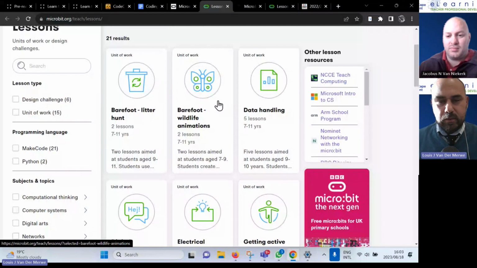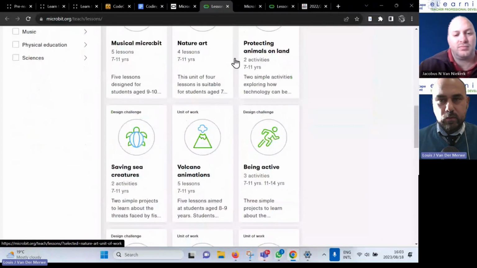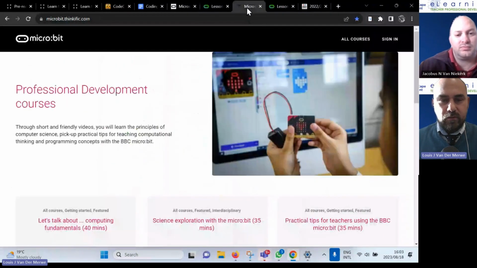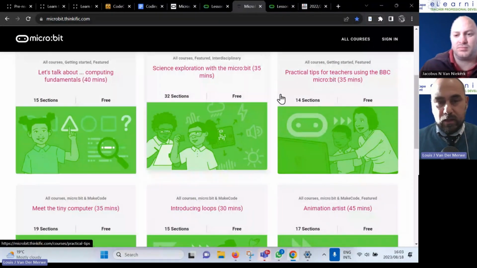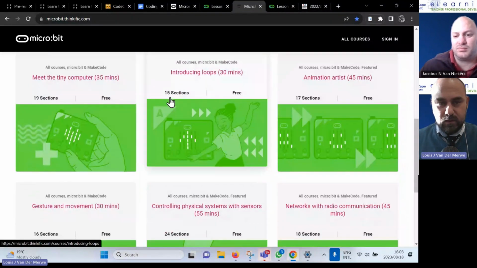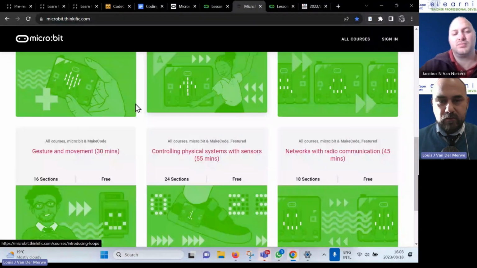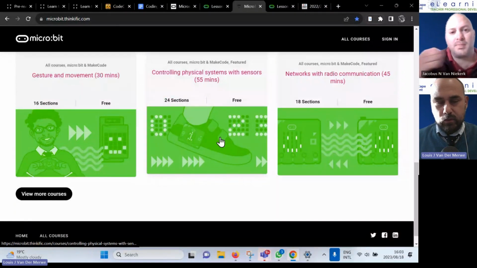You can decide which lesson plan and how many lessons are age appropriate as well. Or if you think that you need to upskill yourself before doing a microbit club, then they've got these handy little micro lessons that you do. And I've had a school that sent 3 teachers over a couple of afternoons to do all of these together in Computerland, and they told no one about it.